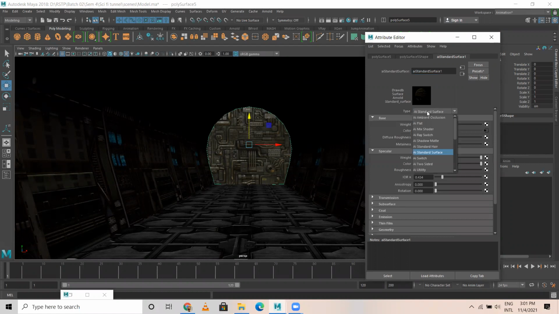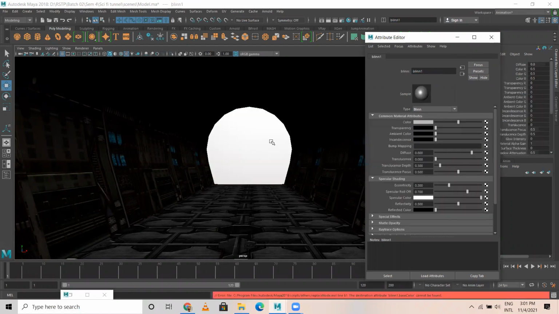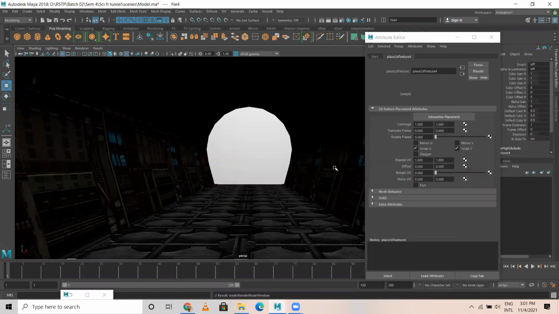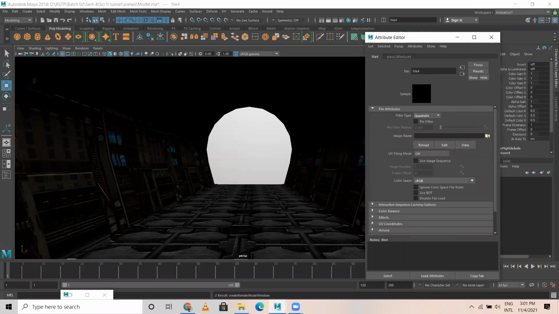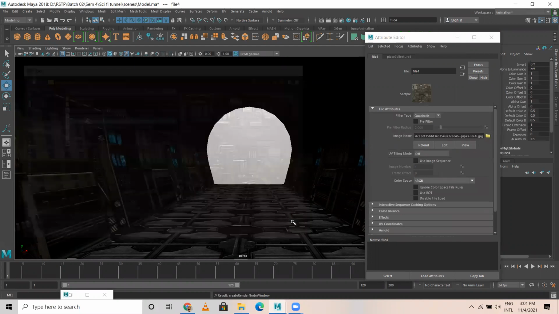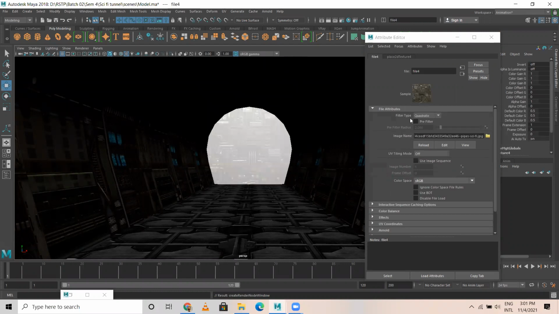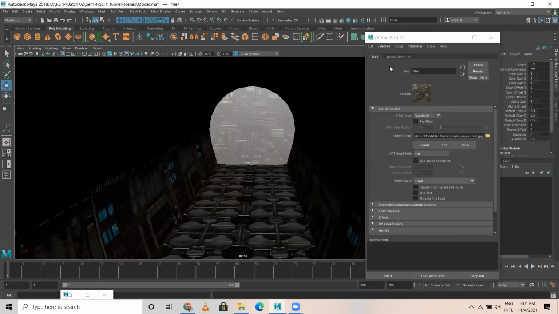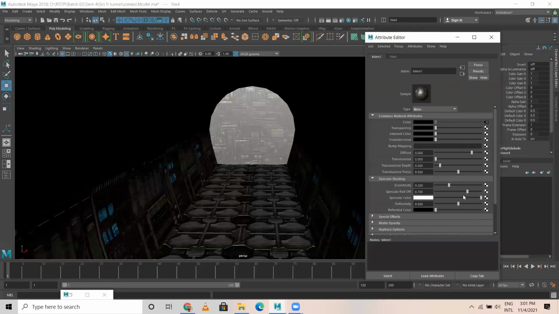Here, instead of AI standard surface, just change this to Blinn. Okay, Blinn, and click on color, empty file. I pick this, and in Blinn, reduce the specular color, reflectivity, a bit of eccentricity.